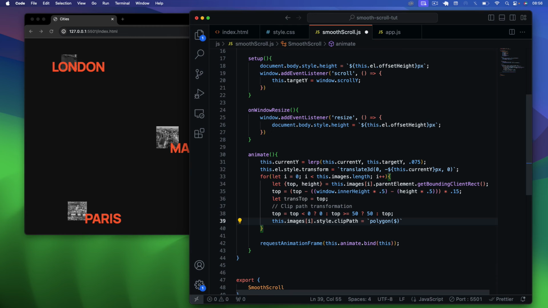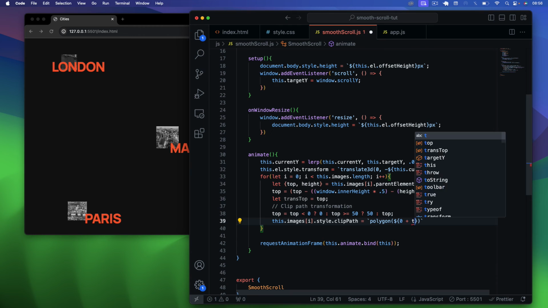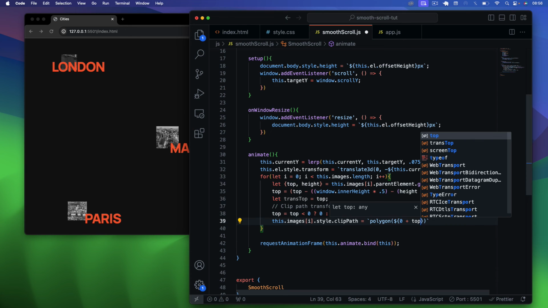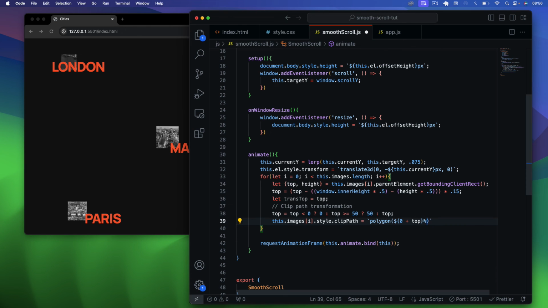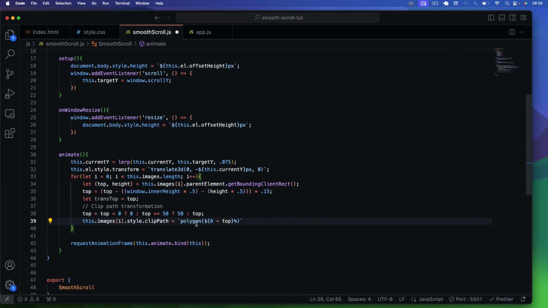For the first one we'll say 0 plus top, and then we can come out of here and say %. Let's make this a bit bigger so you can see this, and then we'll also say 0% for the y-axis, and then we'll do a comma. For the second set of coordinates we'll do 100% minus top this time, come out of here and say %, and again the second one will be 0,